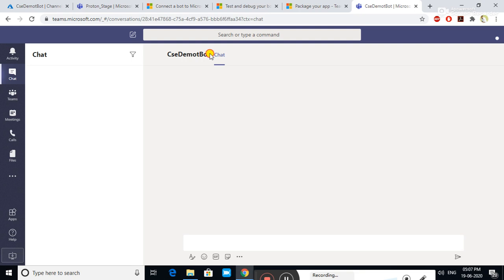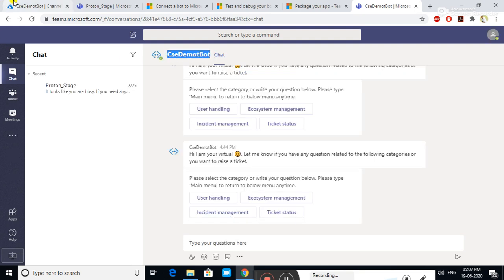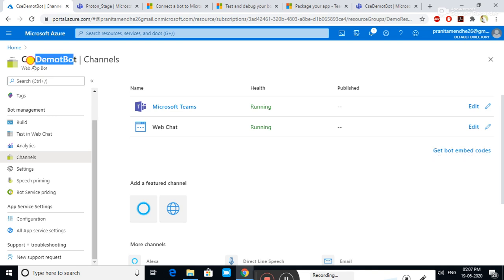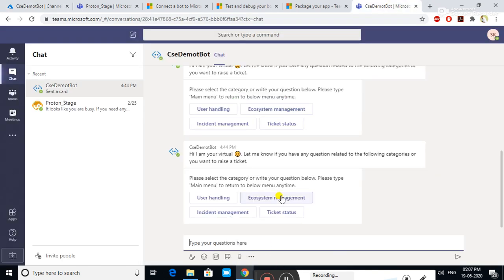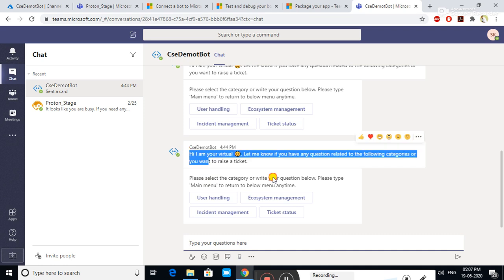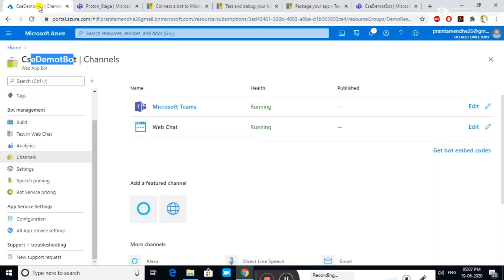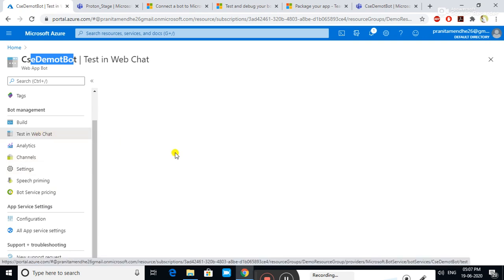Here we go. You can see the bot name, CSC demo bot, and in the Azure portal you can also see the bot name, CSC demo bot. Now you can see the bot is responding with some information, some welcome messages and buttons. For better understanding, I'm showing the same conversation in Test in Web Chat.